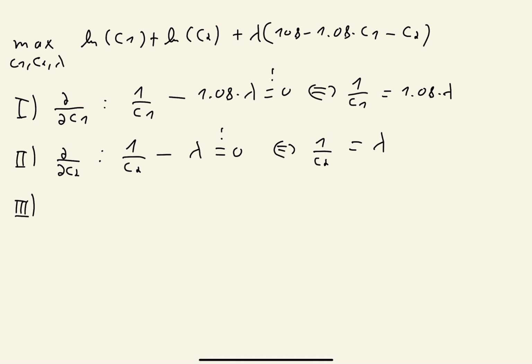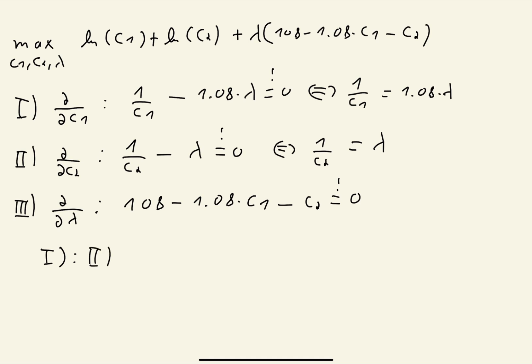And the third partial derivative is 108 minus 1.08 times C1 minus C2, and this should be 0. Dividing first order condition 1 by first order condition 2, we get the following. So we get C2 divided by C1 is equal to 1.08. And if we rearrange this, we get C2 is equal to 1.08 times C1. And as you can already see, this condition here is different than the condition that we had